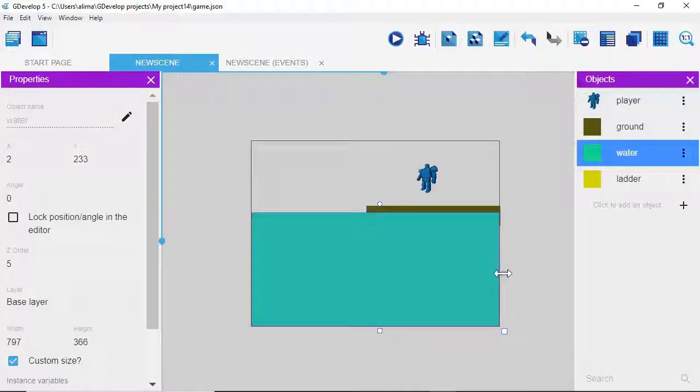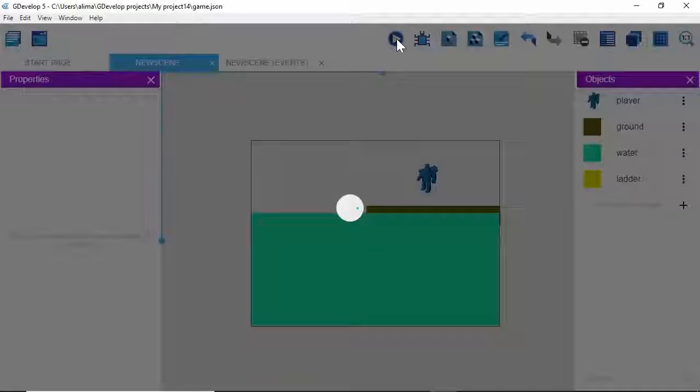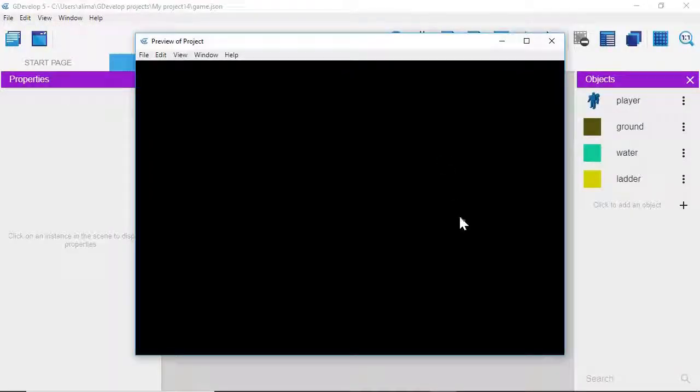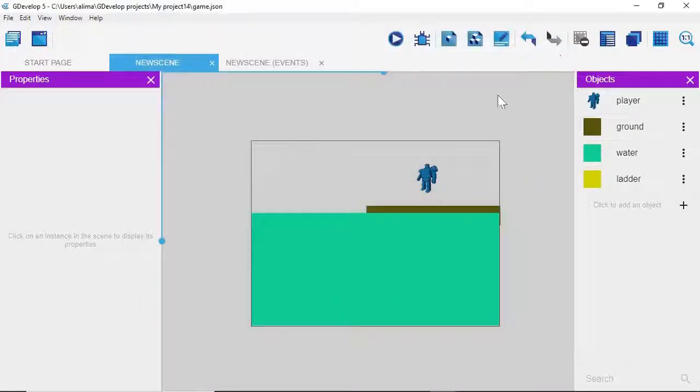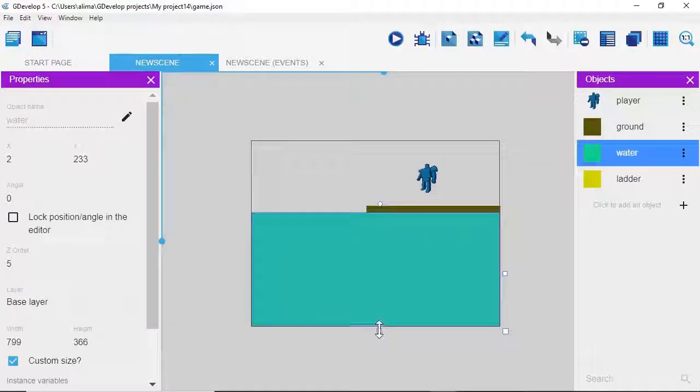Okay, what I wanted to show you was when I click the preview button, our player, when the player goes in the water, you can't see the player. Okay. Generally, the player is covered up. So what we want to do is we want to deal with that. So we're going to